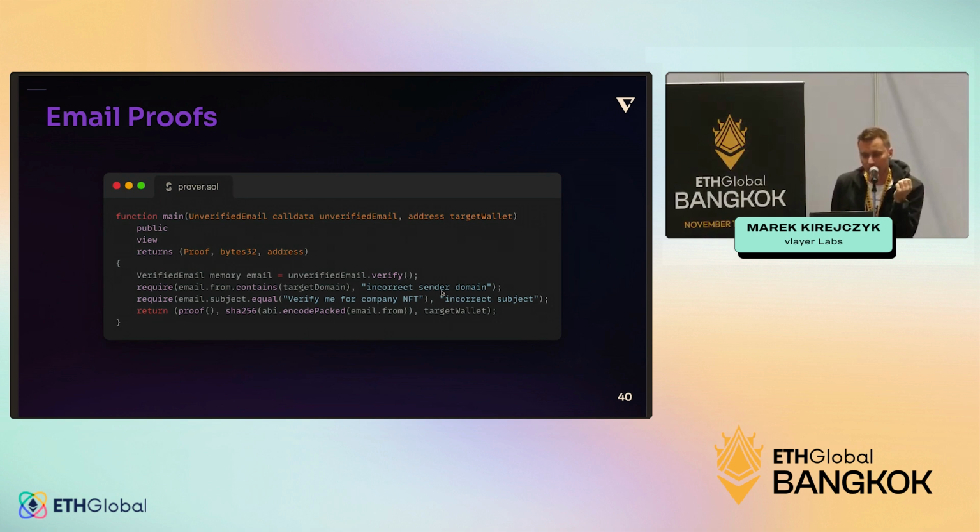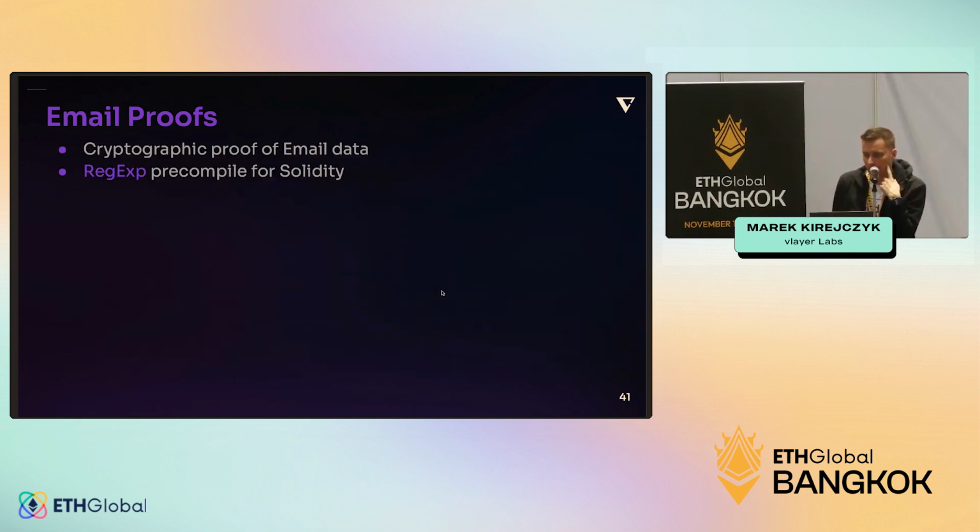So how does it look from the code perspective? Well, it's very simple. You just provide an unverified email. There is a special method called verify that allows you to verify the authenticity of the email. It's fairly simple because all the emails are signed by the mail servers, so we just verify if the signature is correct. And then off you go. You can start parsing those fields of the email, whether it's from, subject, or body, and we give you precompiled regular expressions, so you can do it easily inside Solidity. All right,